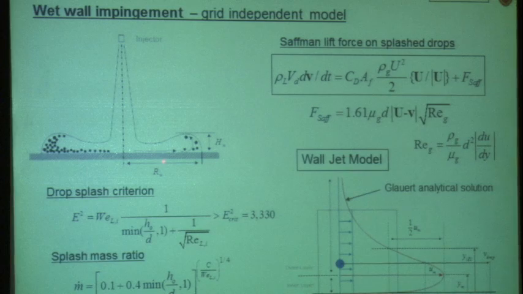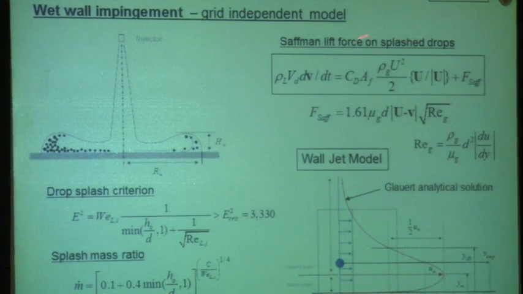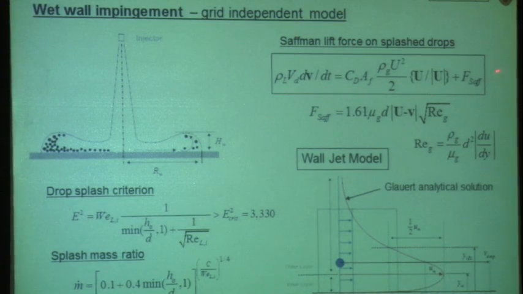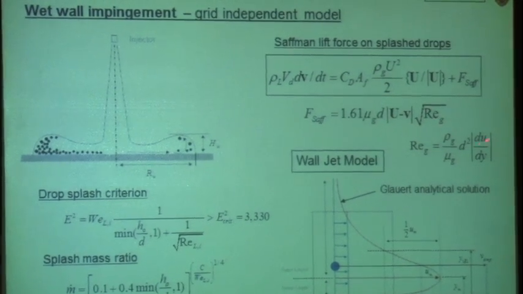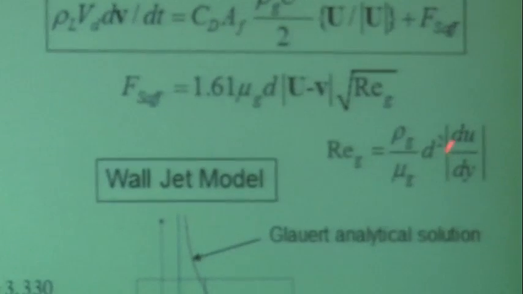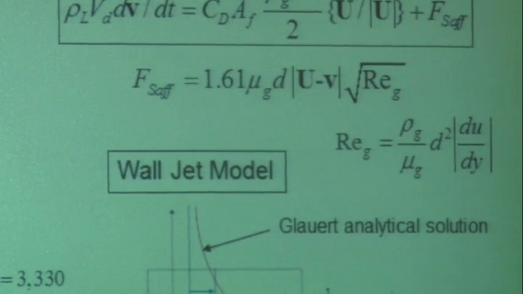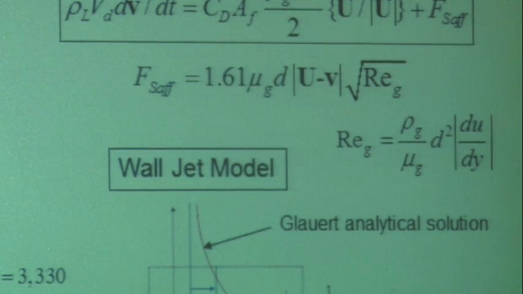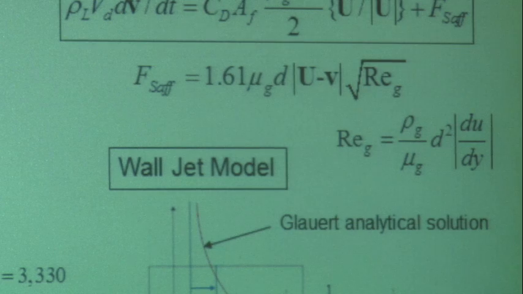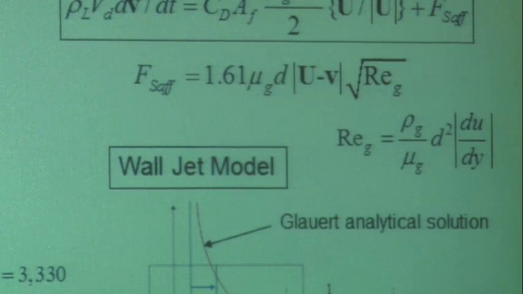So once the droplet is argued to splash, it's now lifted up off the wall, and we calculate its trajectory using the same drag formula that we showed before, except there's an additional term here, the so-called Saffman lift force. If you look in the literature, the Saffman lift force is really a force that is a result of a gradient in velocity across the droplet. So basically, you can think of this as a spinning of the droplet that lowers the pressure on one surface